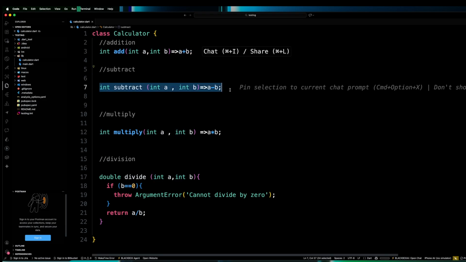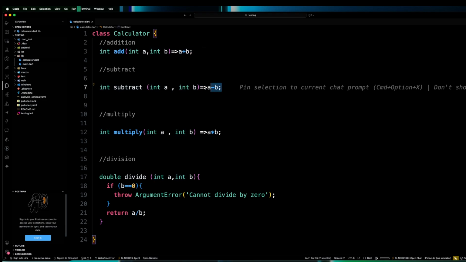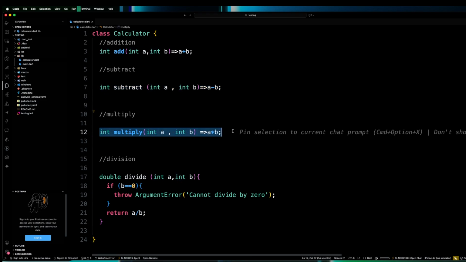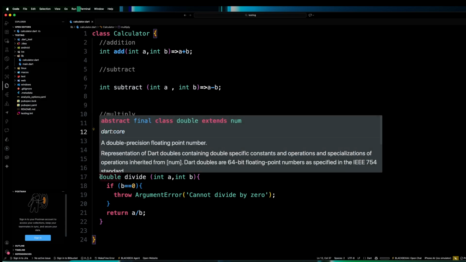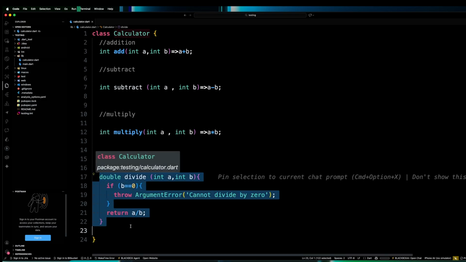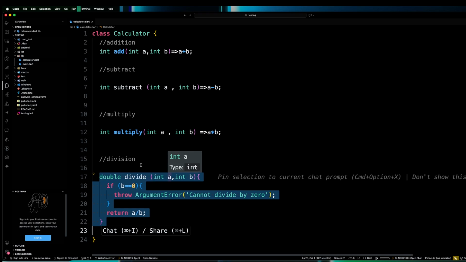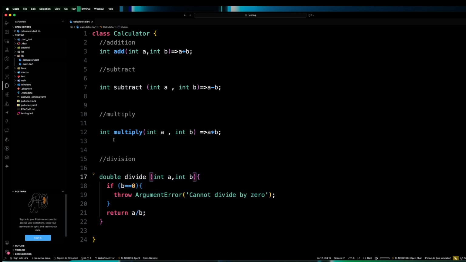And then we also have the subtract function, that's going to subtract the values between two numbers. And then we have the multiply function that's going to just multiply the values between two numbers. And then we are also going to have the division method that's going to divide between two numbers. Okay, so for you to create tests in Flutter,